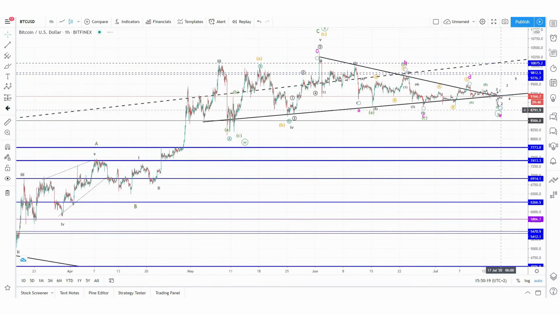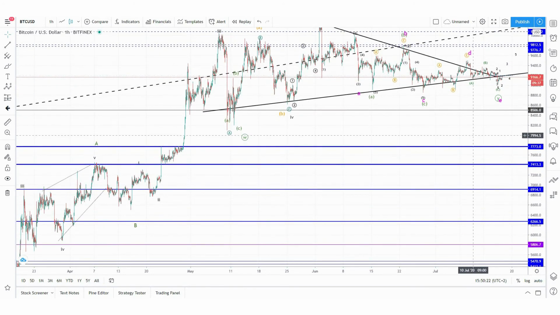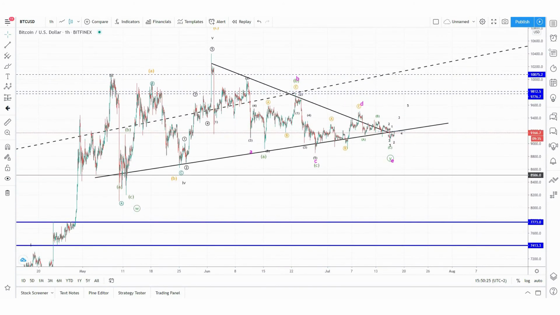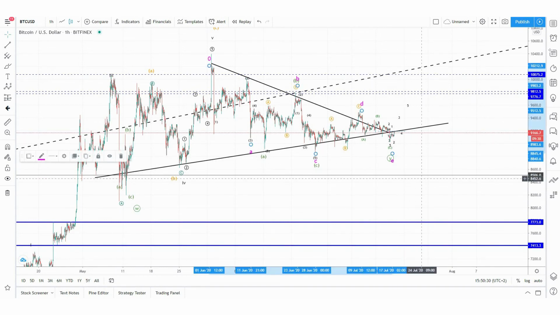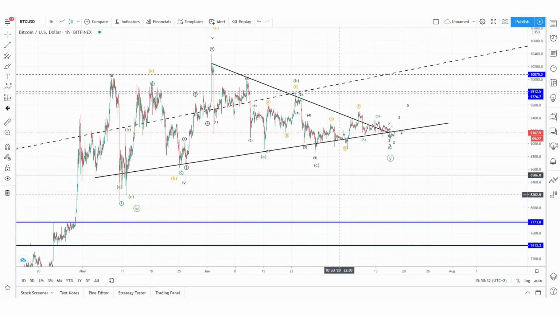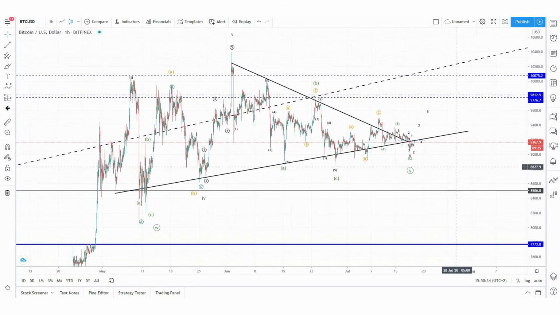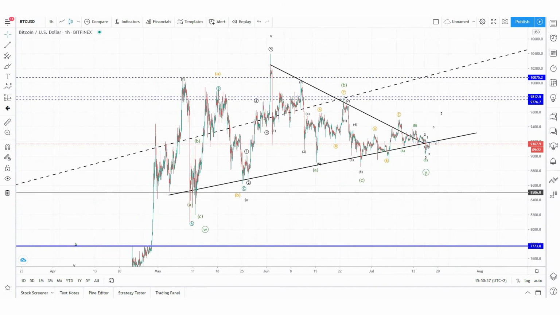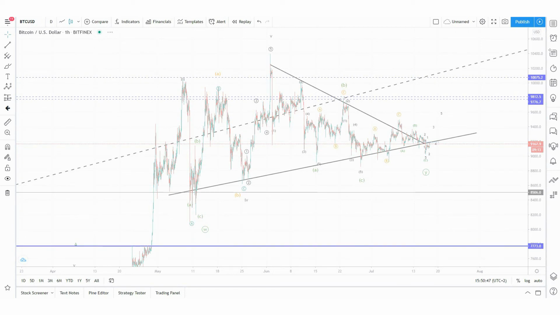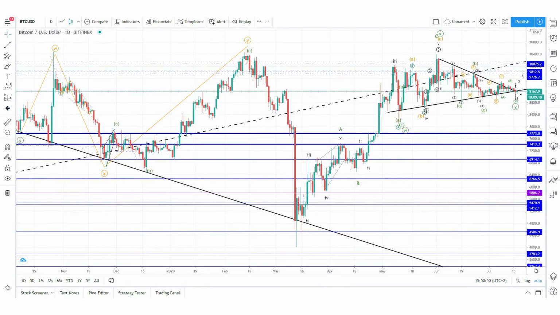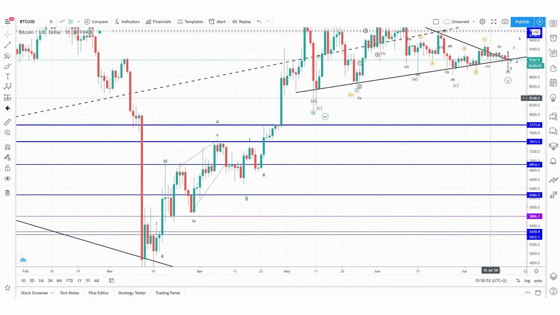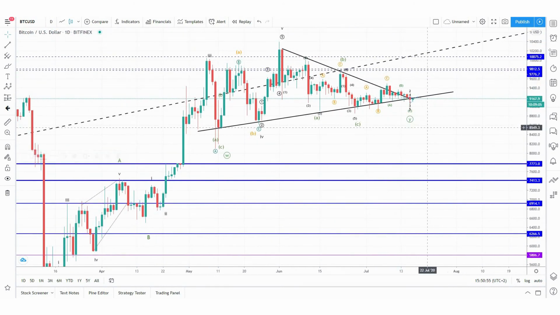But definitely, as the price approaches this highly significant point at the triangle's apex, we are about to see a major move that is going to dictate a major trend in the upcoming period for the cryptocurrency market, and of course the price of Bitcoin itself. Going back a bit further onto the daily time frame, and is why I think that this move, the next move, is the one to the downside,